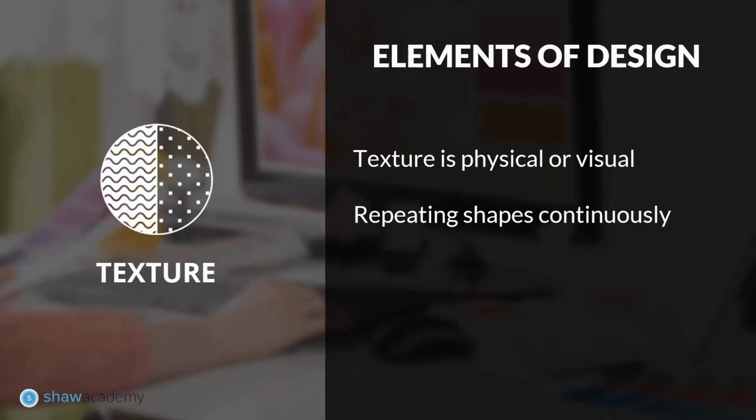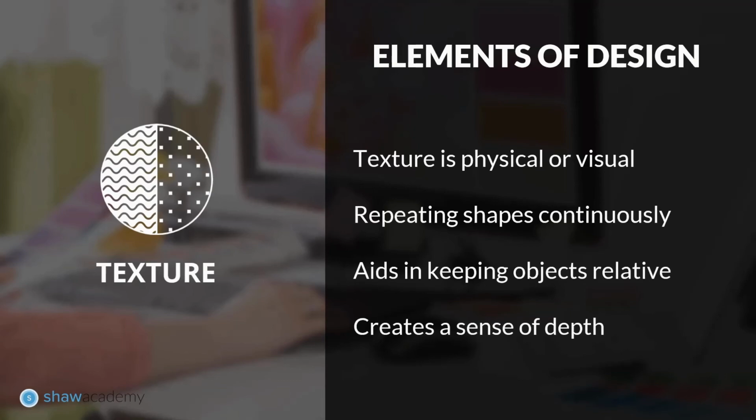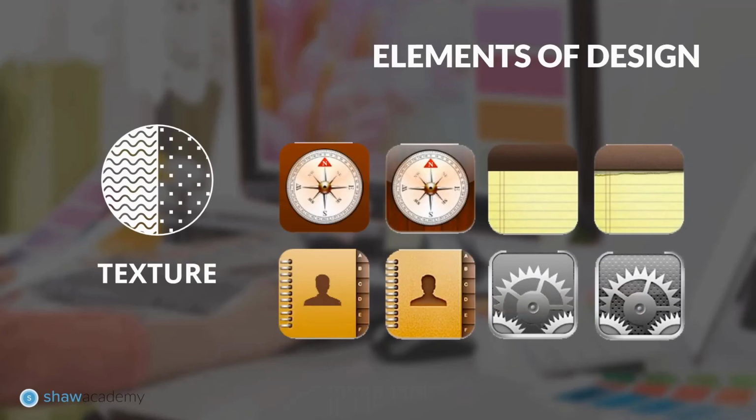For example, when creating a logo, however, keep texture to a minimum, as it makes your logo difficult to view and resize. Texture actually allows to keep things relative by creating a sense of depth and making items seem more three-dimensional. Texture was able to create a more three-dimensional appearance on these two-dimensional surfaces. Texture also acts as a secondary element, giving support to the main image, reinforcing the visual concept.